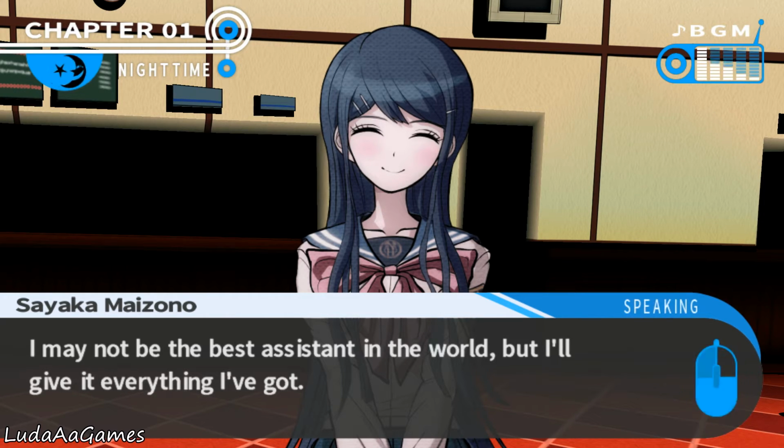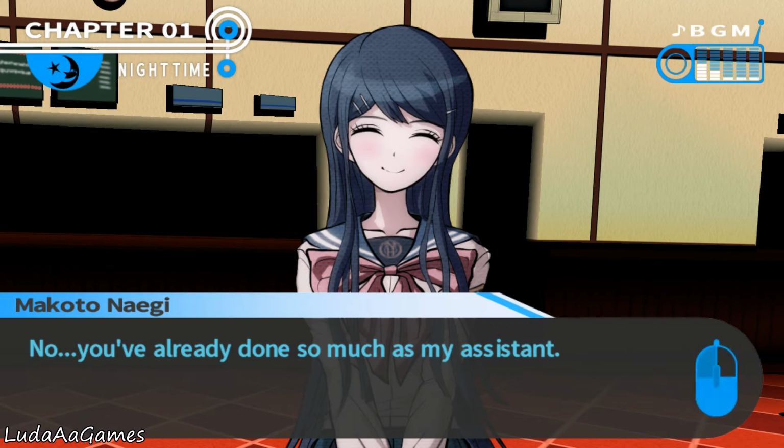But I guess this is a different environment for her. She probably doesn't feel like a pop idol in here because she's not on stage, and there aren't any people cheering for her. So I guess she's just a normal girl here, and she becomes attached to the one person she already knows from before, which is us. So I guess that's why. But it's just a little surprising to me.